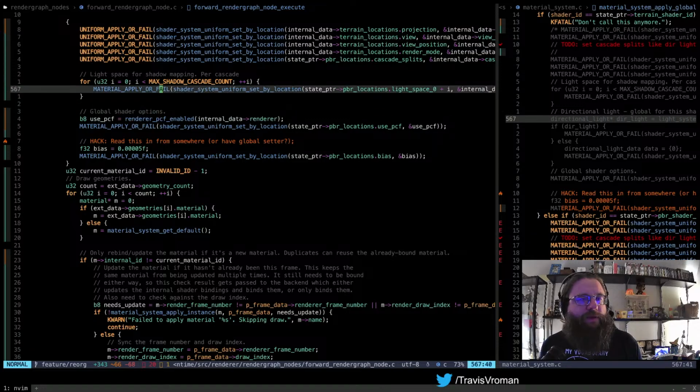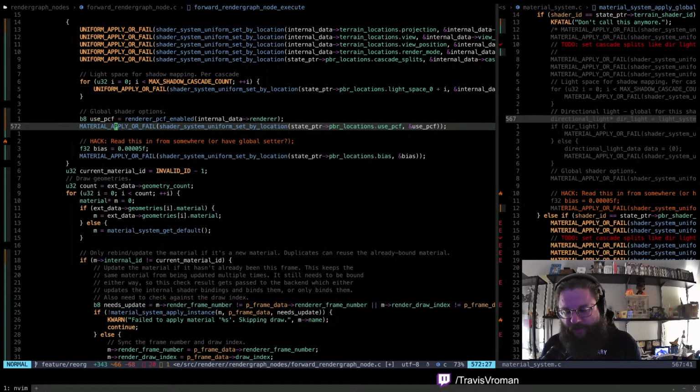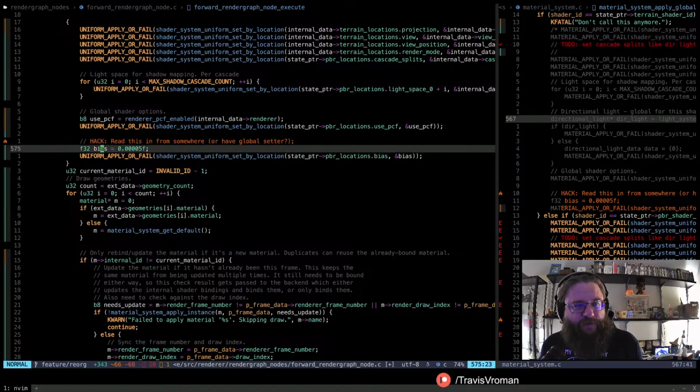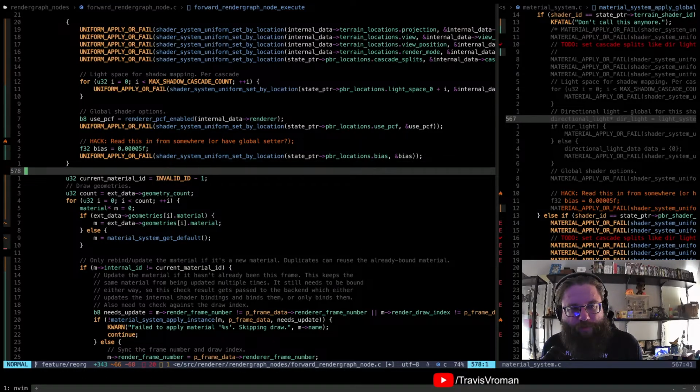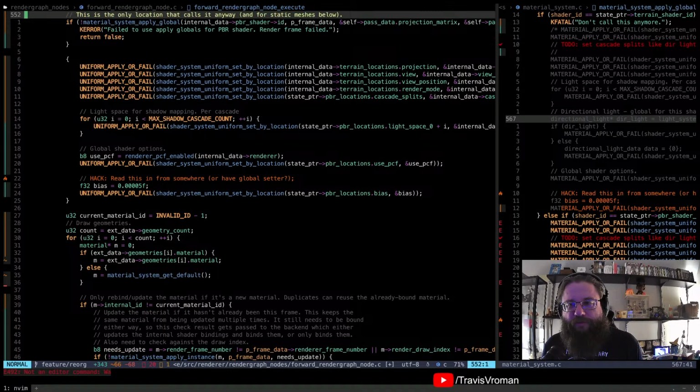And now we can just call the renderer and say, hey, what is the current value for this thing? Okay, so that's that. Now the only thing here is we still don't have something there for the bias, so I've left that hack tag in there. That's the shadow map bias, right? But that should be relatively it.